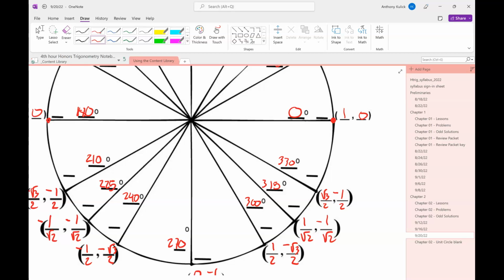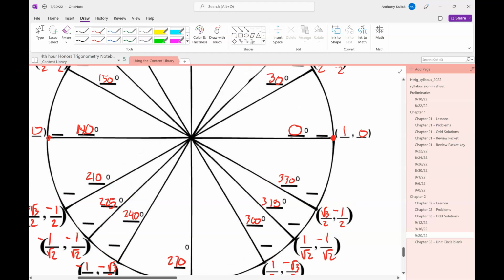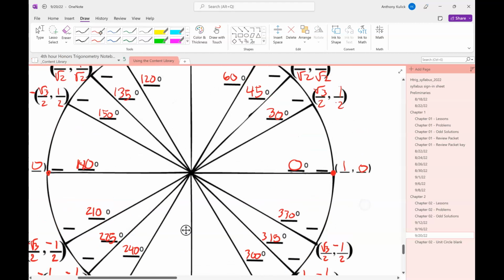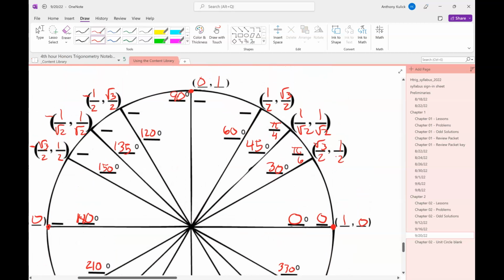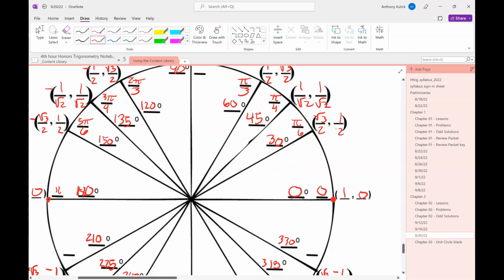You'll notice there still is one more set of blanks here, right? What do you suppose is this other set of blanks for? Pi stuff. The radian versions of these angles. So all I'm going to do is convert these angle measures to radians. So I'm multiplying those by pi/180, so that's 0, pi/6, pi/4, pi/3, 2 pi/3, 3 pi/4, 5 pi/6, pi,